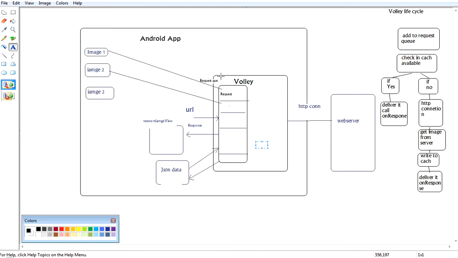To have this, Volley provides the request queue. Whenever we want to get some response from the web server, Volley says that we need to make a request and add it to the request queue, so that Volley takes it and processes it, makes HTTP connections and gets the image,